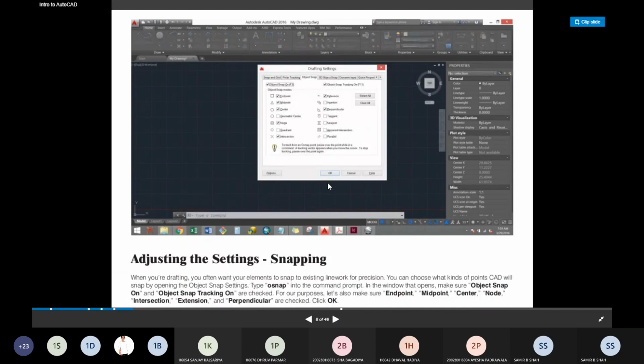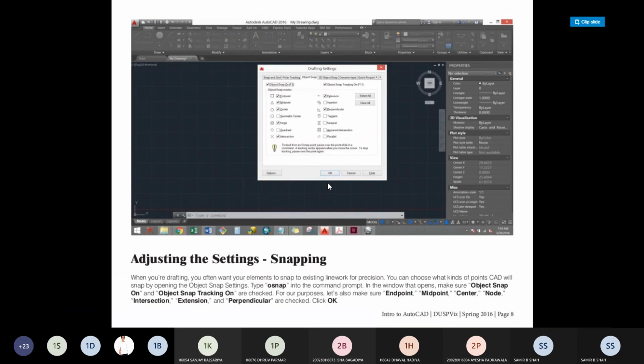But for that, we need to know some basic commands, some basic steps, and we need a proper AutoCAD version, right? In our college right now, the AutoCAD 19 license version is available. So whenever you are in college, and if you want to start or perform some work on AutoCAD, then please visit the AutoCAD lab.